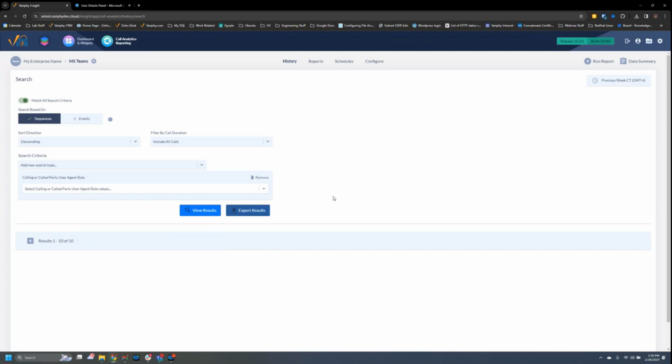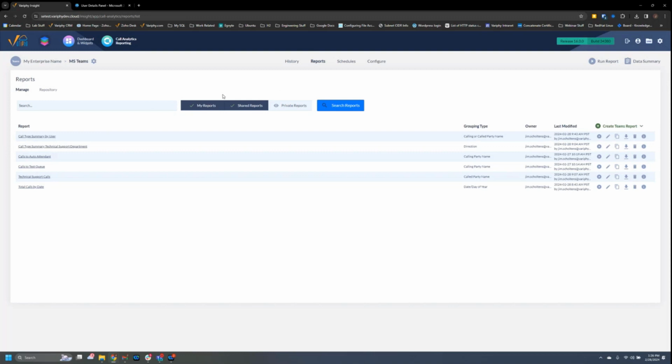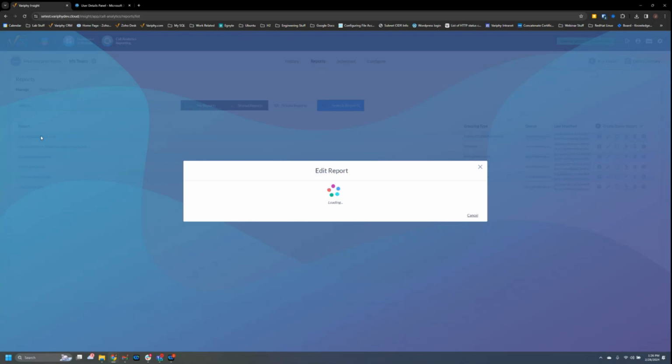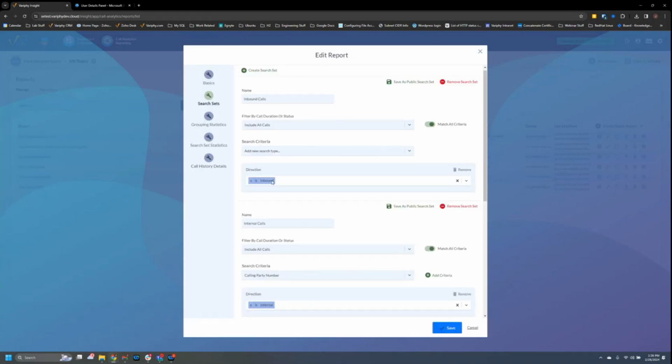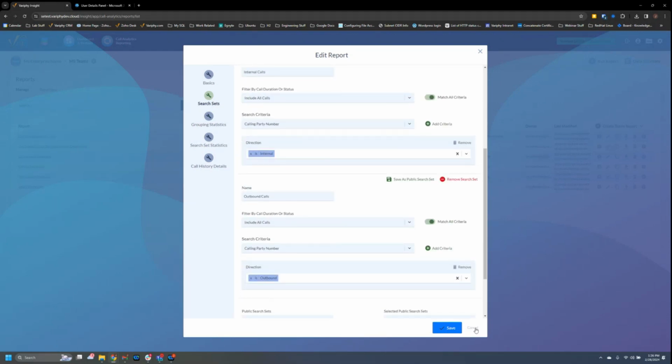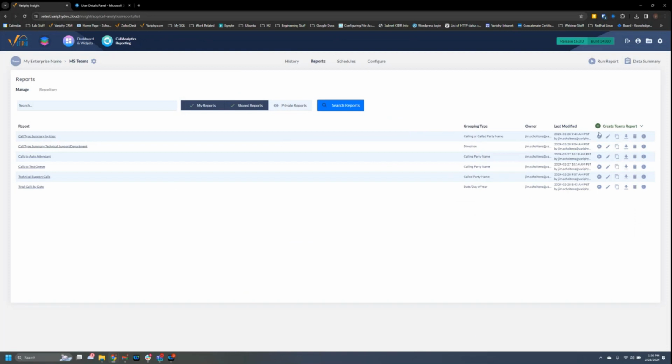So a lot of options there, and I've got a saved report that I can show you. Let's get into that now. In reports, like I said, it shows you all your saved reports. We'll go through these quickly, since I know we're running short on time. So this call type summary by user, I'm breaking it down by direction, which is inbound, internal, or outbound. So if I run this report,